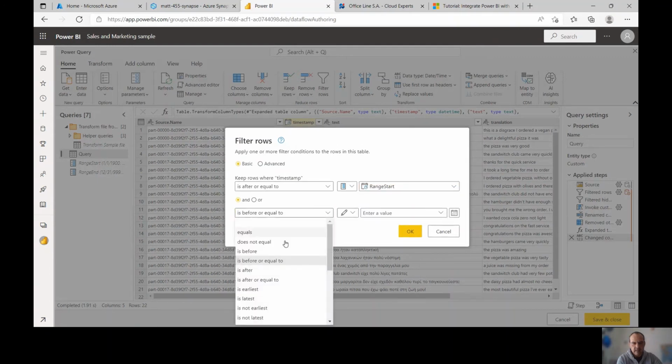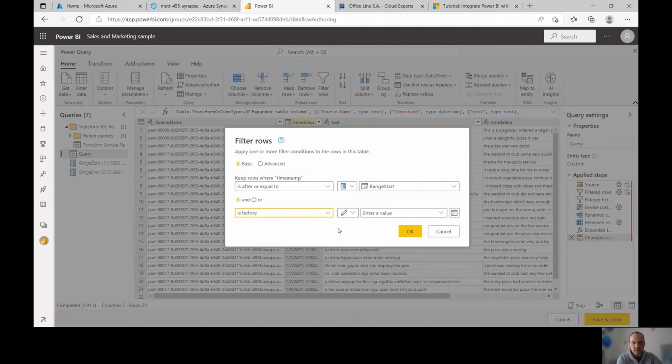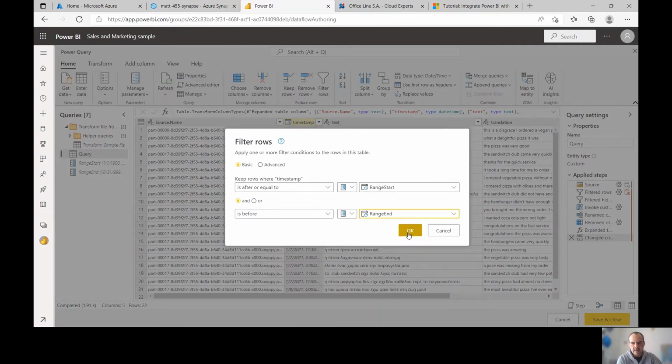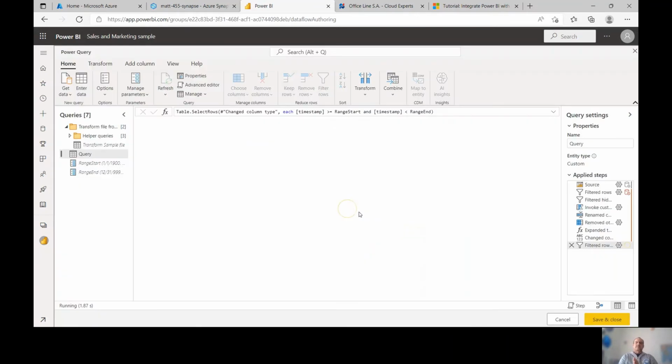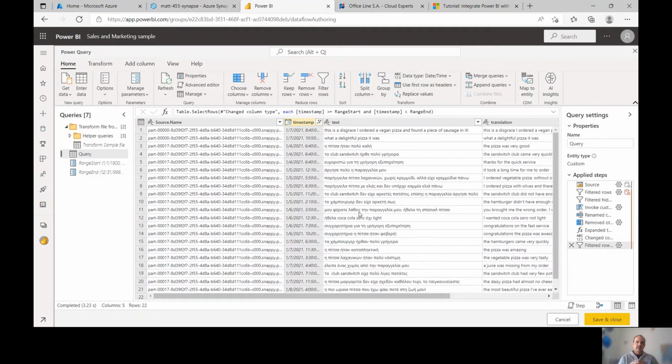Start. Don't need the second equal to. And this ensures that every time the dataset is refreshed, only the new records that have a timestamp value that is newer than the latest timestamp value present in the previous time a refresh was performed are used and effectively ensure that you have this incremental refresh.